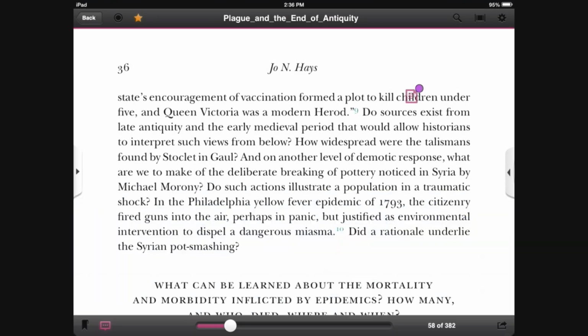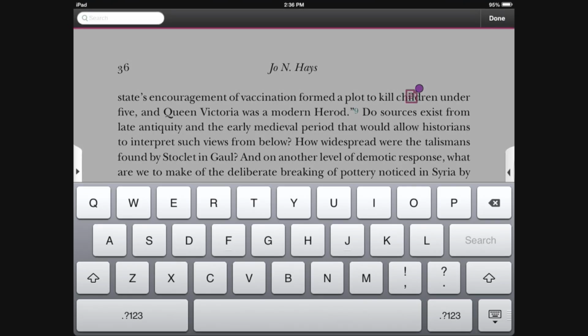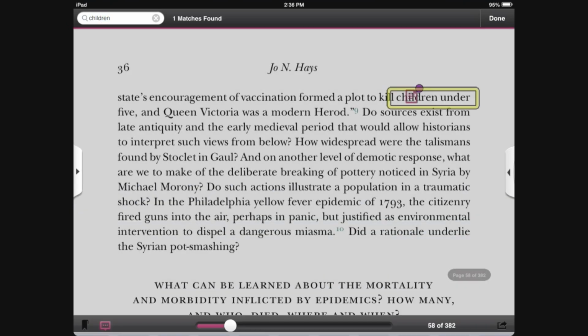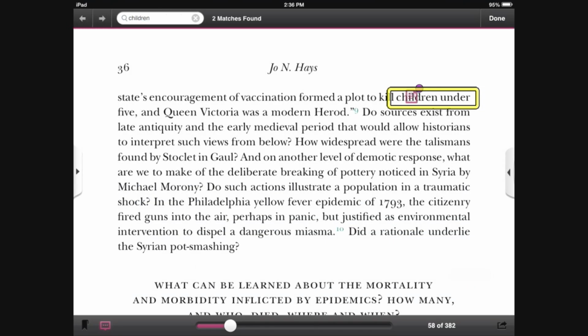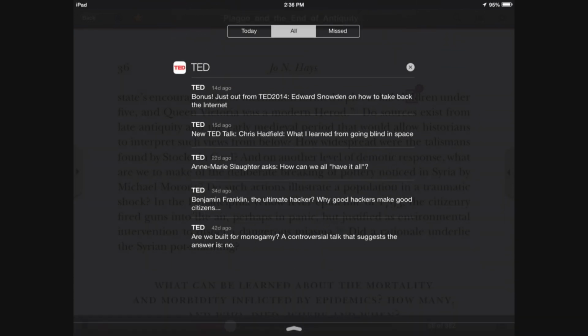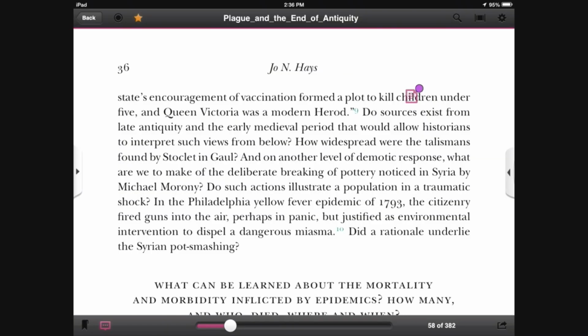The first is the Search button. If you click on it and type in a word, it will find all possible results within the document and highlight them for you. You can flick through each of these options until you find what you need. The second button on the right side shows the documents that you have recently viewed. Tapping on this to quickly switch back and forth between documents could come in handy when you have to take diligent notes. The last button on the rightmost side of the top bar is the Settings button.